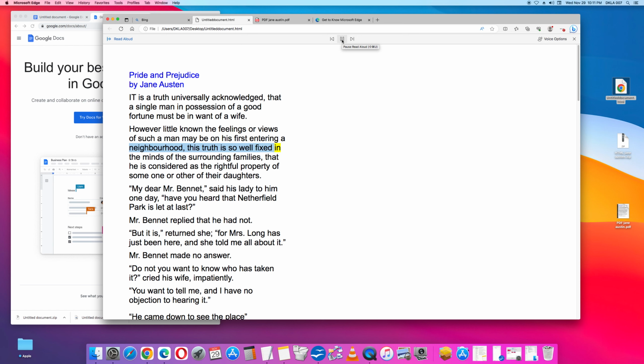Truth is so well fixed in the minds of the surrounding families that he is considered as the rightful property of someone or other of their daughters. My dear Mr. Bennett. I also like to use Jenny's voice when I listen to things at a faster speed,